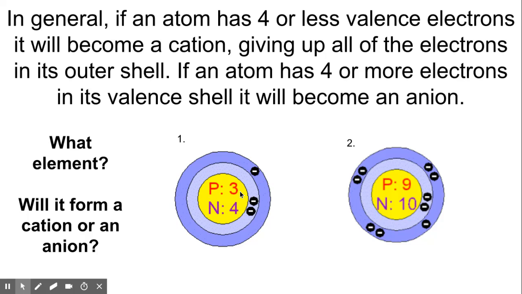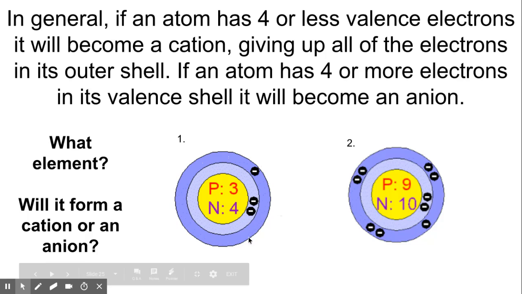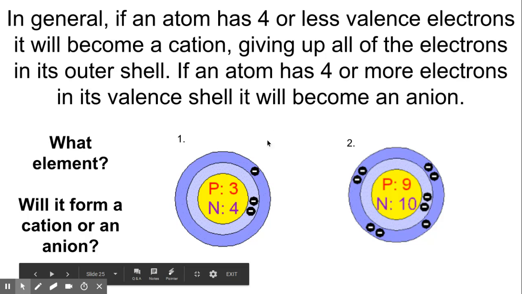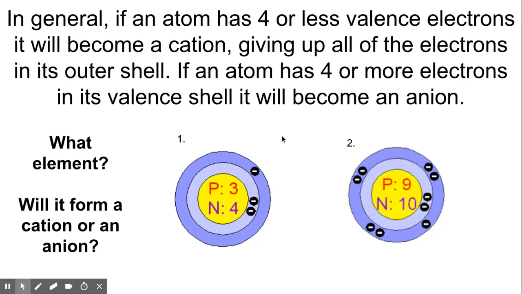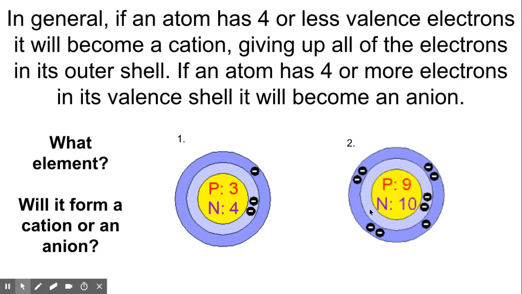We have 3 protons in the nucleus and then 3 total electrons, but only 1 in the valence shell. Since 1 is less than 4, it'd be likely that this was going to give up this electron and become a cation. In this case, we have 9 protons and we have 9 electrons total right now, but we have